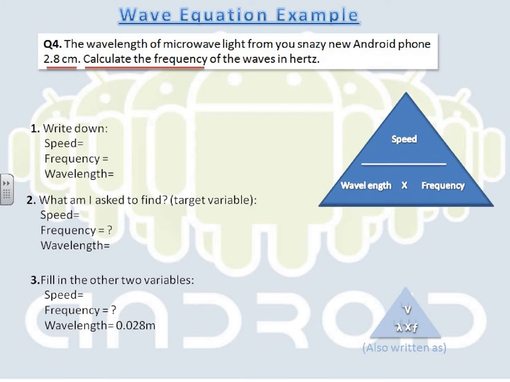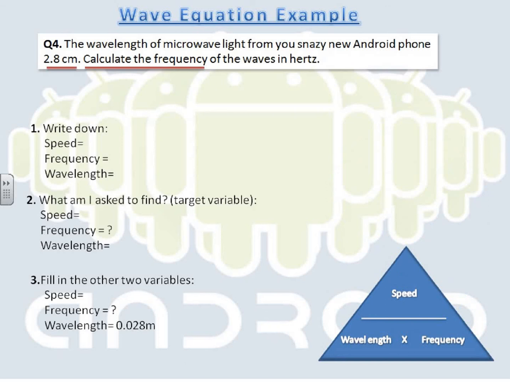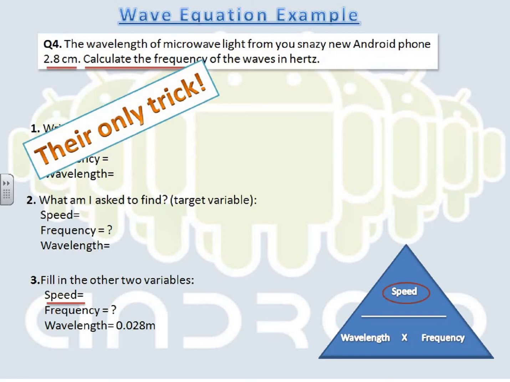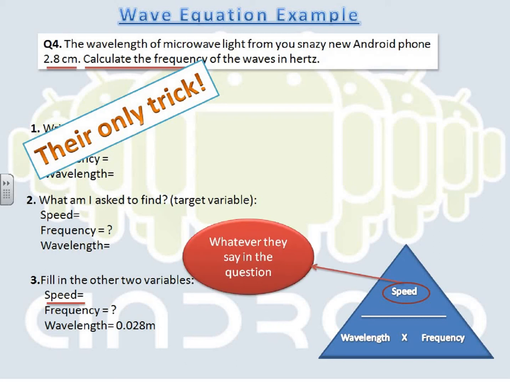So, okay, the next thing. I am going to get my triangle into gear. Before I do that, I need to figure out what the speed was. Now, there is one tiny trick in this. And the good news is that in these questions, there is only one trick. It's always the same. It's always speed can be one of three things. It can either be what they tell you, so they'll either tell you it's 5 meters per second or a million meters per second,